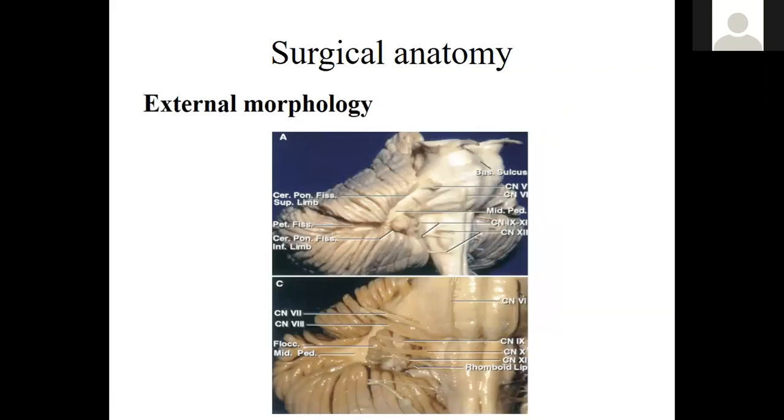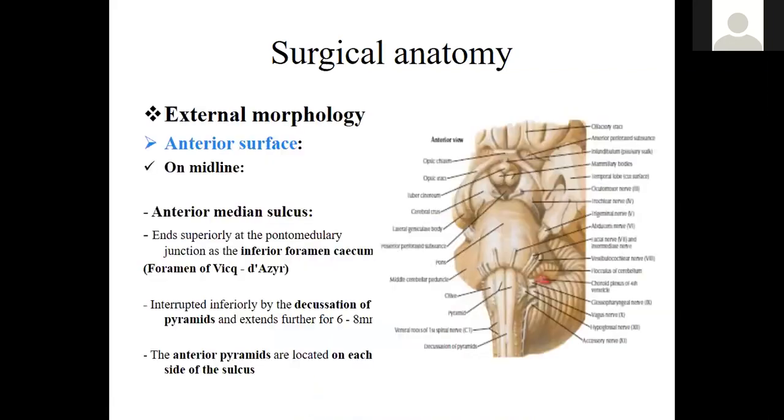Talking about the external morphology of the medulla oblongata, we see that we have an anterior surface, a lateral surface, and a posterior surface. On the anterior surface, precisely at the level of the midline, we have what's known as the anterior median sulcus, which ends superiorly at the pontomedullary junction between the medulla and the pons just above,